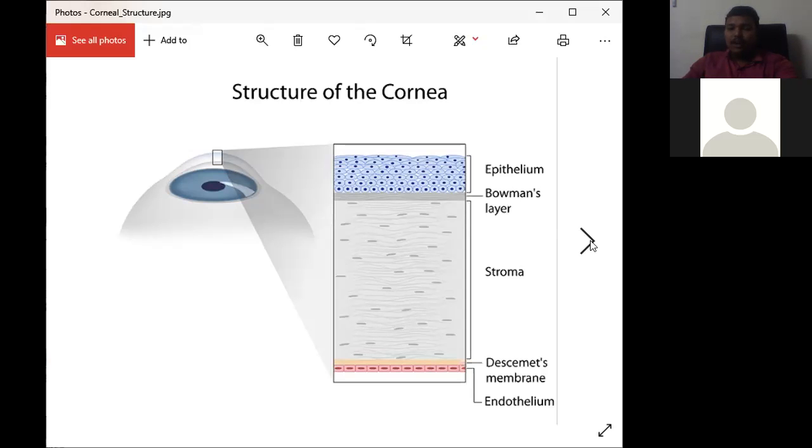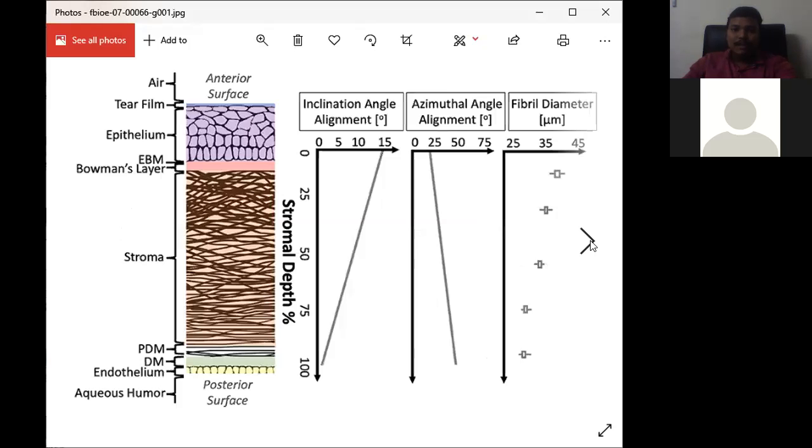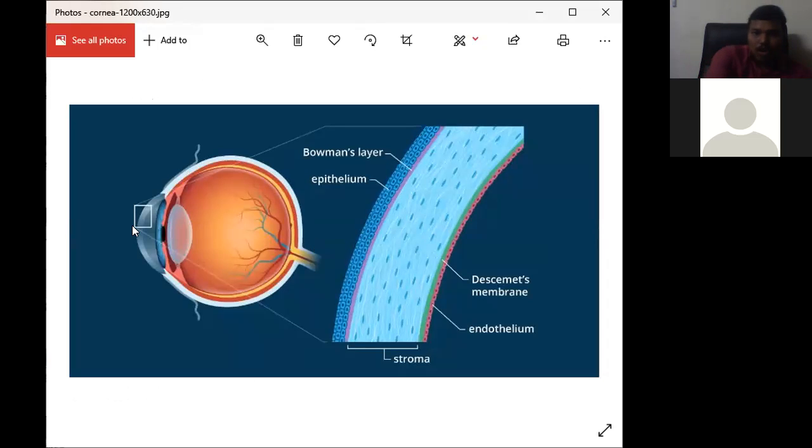But what is the defect if the cornea becomes flat? As we learned earlier, light falls on this cornea and is converged, as it is a biconvex lens. So if this becomes flat, the light will not be converged, right? So that is the defect. It leads to aberrations in vision. So that is about this cornea.